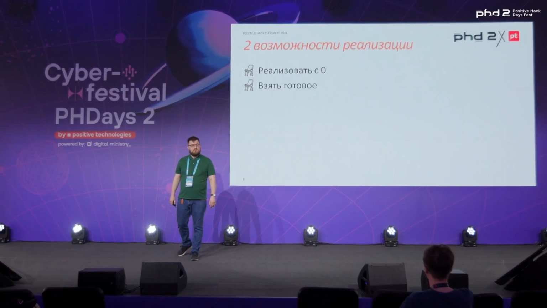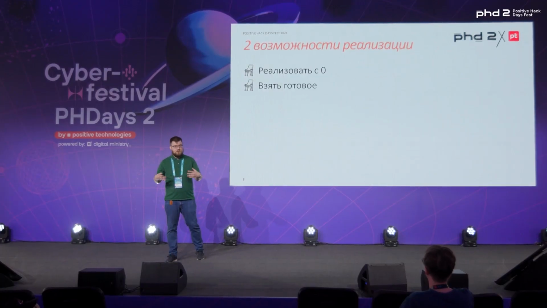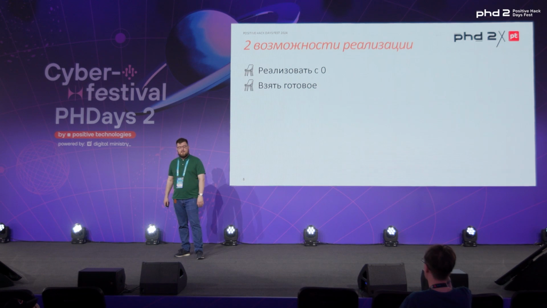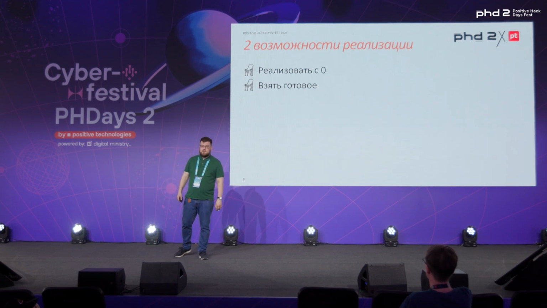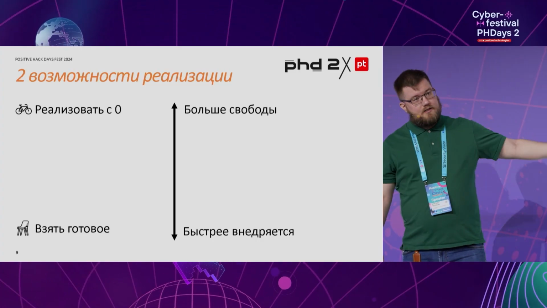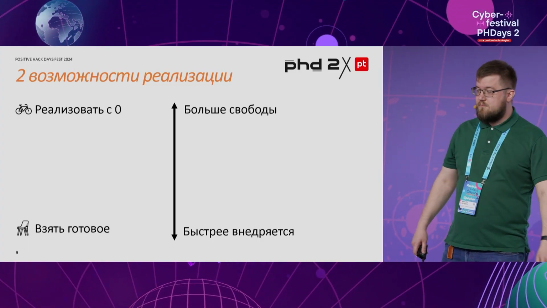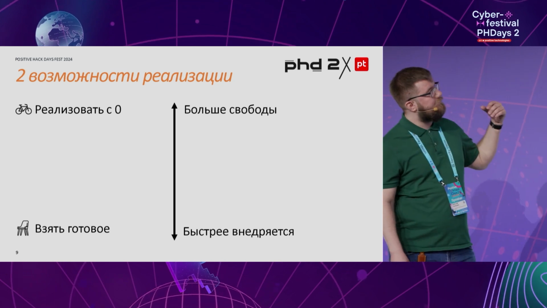Let's see how this works in practice. There are two ways to apply fuzzing. You can try to write everything from scratch. But the problem here is obviously you need to understand how it works. Or you can take a fuzzer off the shelf. Writing from scratch, a greenfield project, so to say,